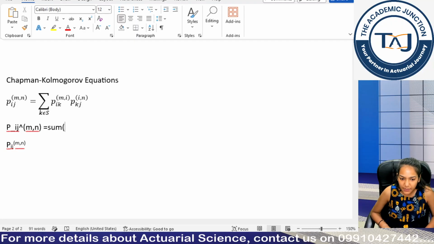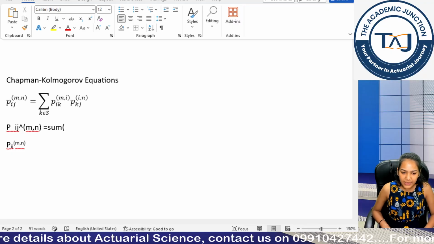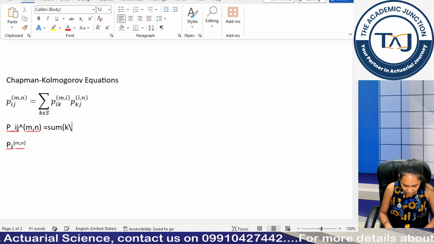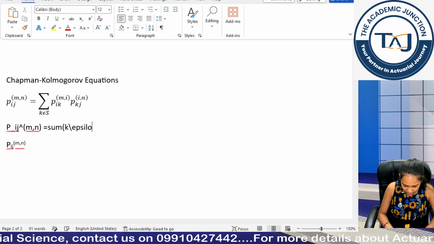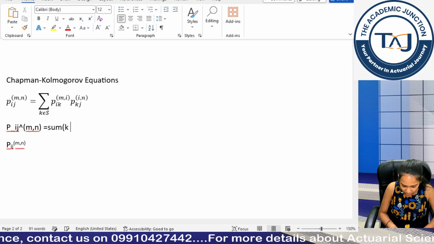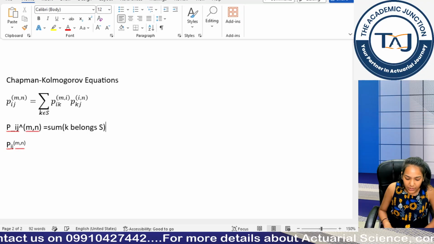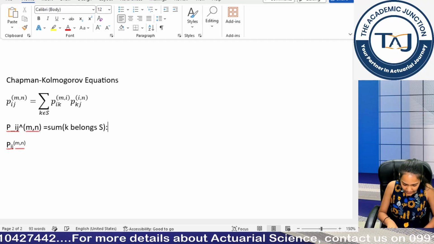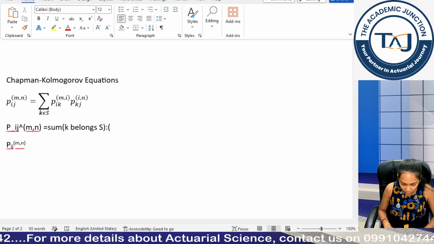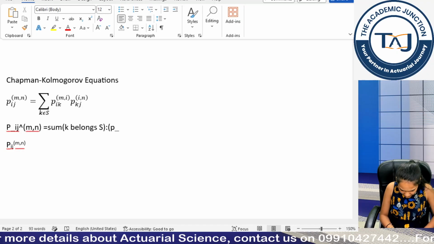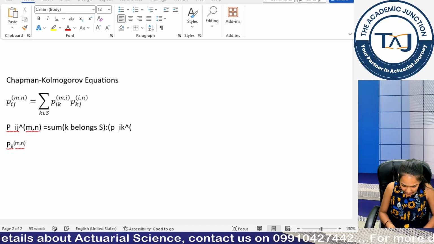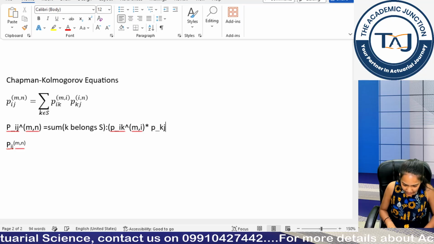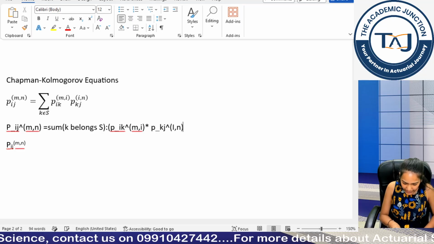If you have to write the sum in normal equation, so sum brackets, I have pik, right? We have already done this in the previous class, but still I am revising the things. I won't be doing sum and the rest of the things in the next classes. P, I have my limit as k belongs to S, so I can write epsilon. If you are not using epsilon, you can simply write k belongs S. Okay, you can simply type the whole thing. Don't use e. Then control z, then I type the whole thing again. So it's p, we have ik raised to the power m comma l. Then we have multiplied it with pkj and we have raised to the power l comma n, brackets closed, brackets closed.